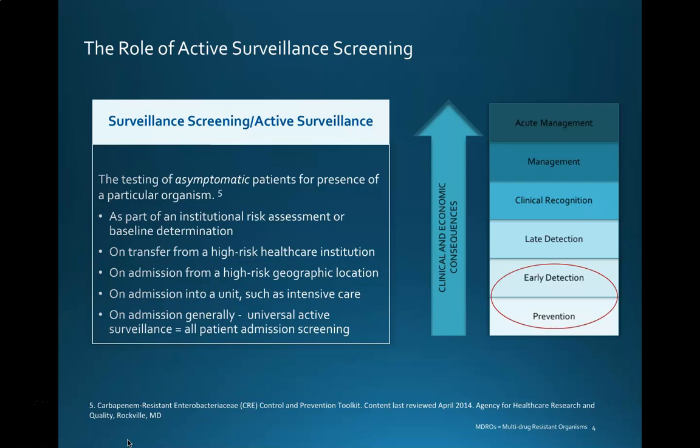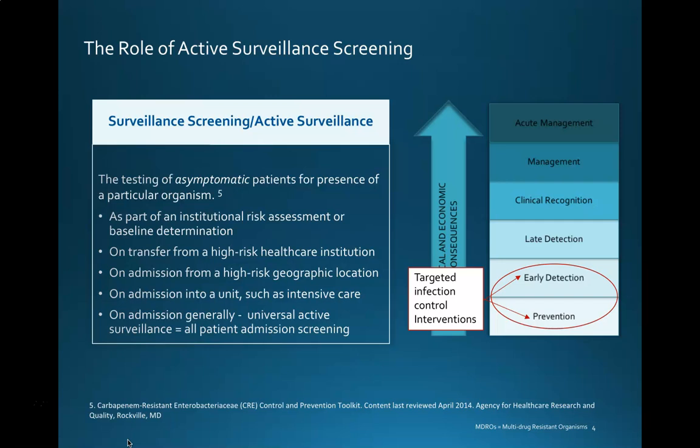And once again, as I said, we really want to focus here on prevention of sepsis and on early detection of the organisms that can cause sepsis. And this is where the role of active surveillance is quite powerful in enabling us to do this. And we can also implement targeted infection control interventions quickly so that we ensure that those organisms are not transmitted to the environment or to healthcare workers or to other patients, thereby reducing, as I said, the clinical and economic